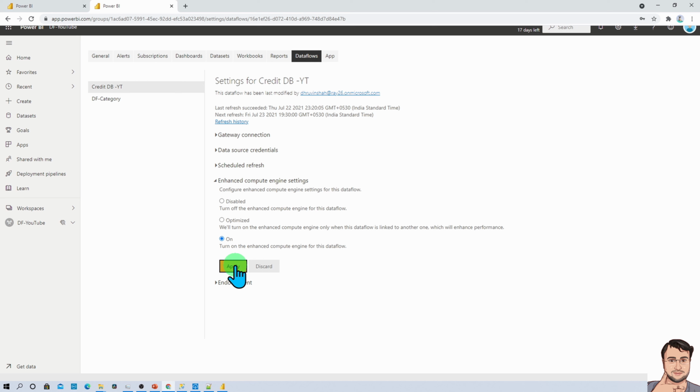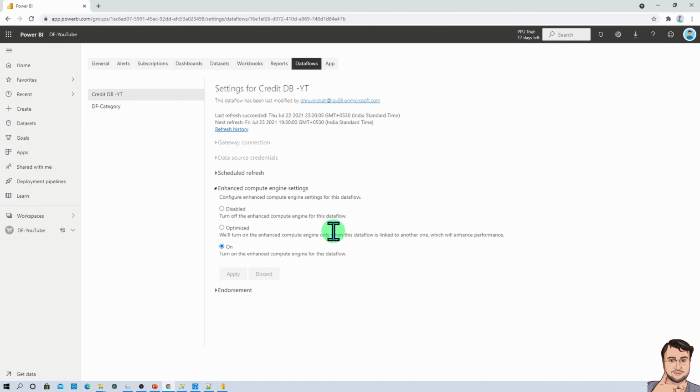Once you turn on this feature, only then will it allow you to use this data flow as direct query in your Power BI Desktop. So make sure that the enhanced compute engine feature is enabled. One most important thing: once you enable this enhanced compute engine setting, you need to refresh your data again.